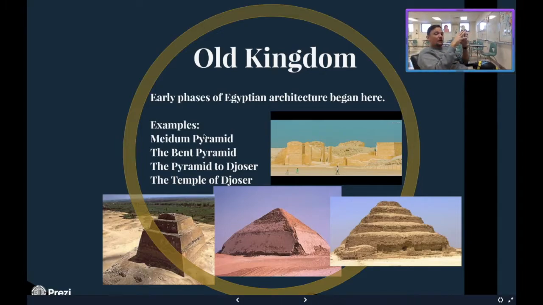The medium pyramid resembles a Mesopotamian ziggurat, indicating there may have been a chance that these two communities started to communicate with each other. Possibly that's a little bit of cultural diffusion there. We'll bring that word up again later. Then this right here is the bent pyramid, and that right there is the pyramid of Djoser. That's actually where Djoser was supposed to be buried, with his mummy and all that, after he had his guts pulled out.